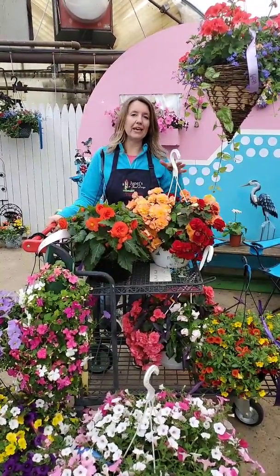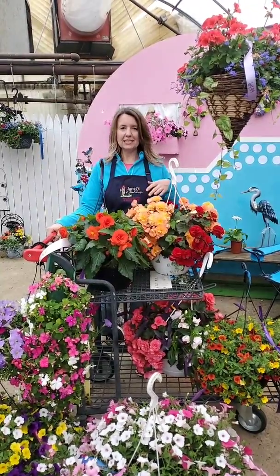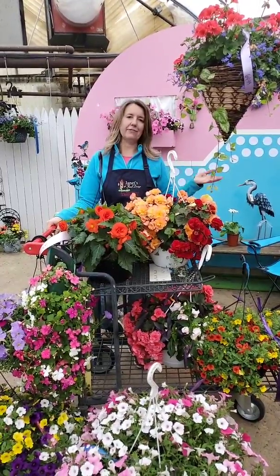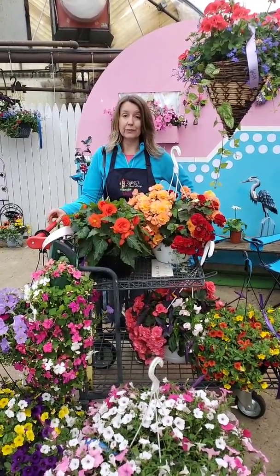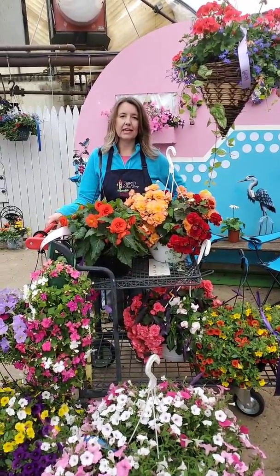And now that many of you have gotten baskets for Mother's Day, we kind of postponed this one. We were going to do it last week, but we decided to wait until after all of you got hanging baskets for Mother's Day, just so we could talk a little bit more about their care. So we will do the one today about watering, and then a little bit later in the week we'll talk